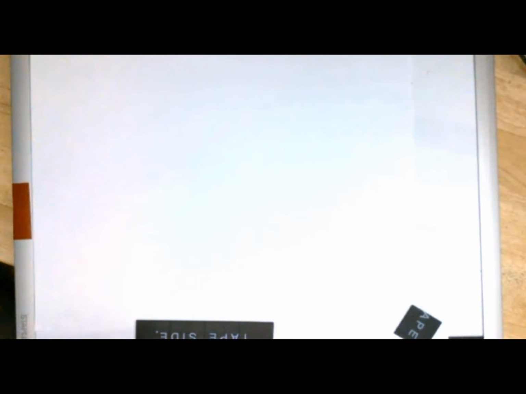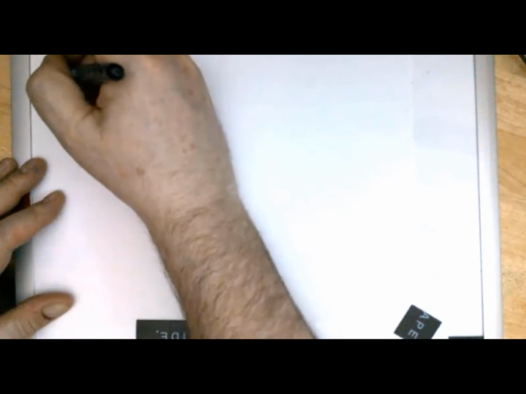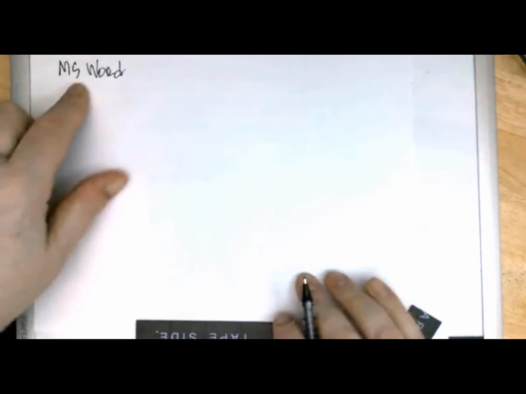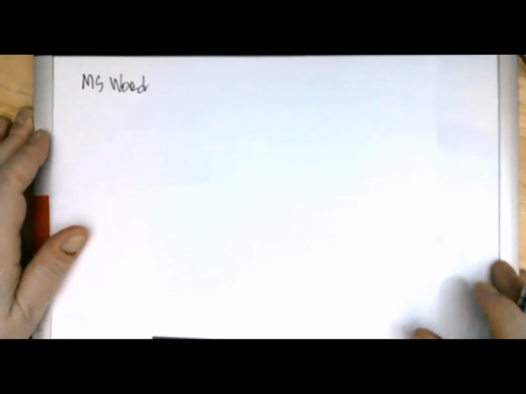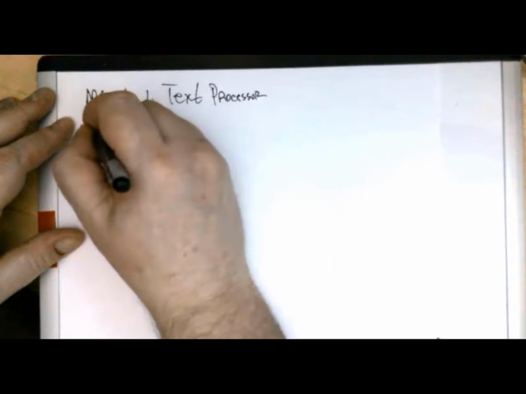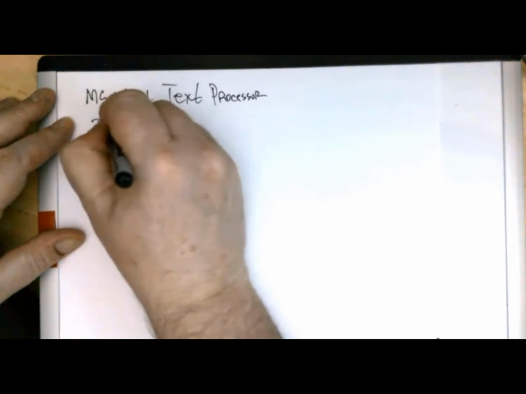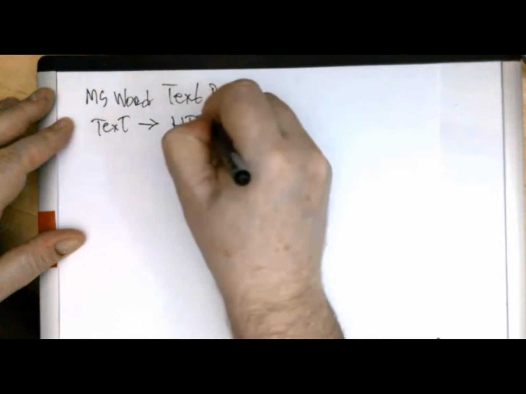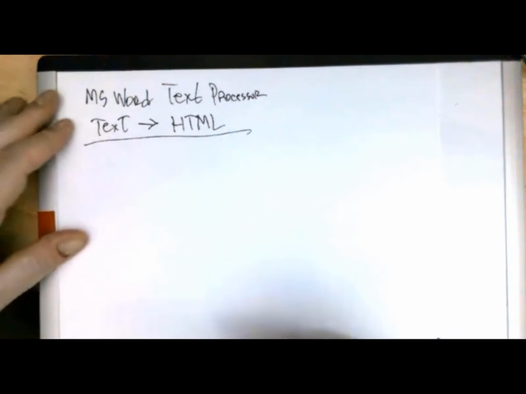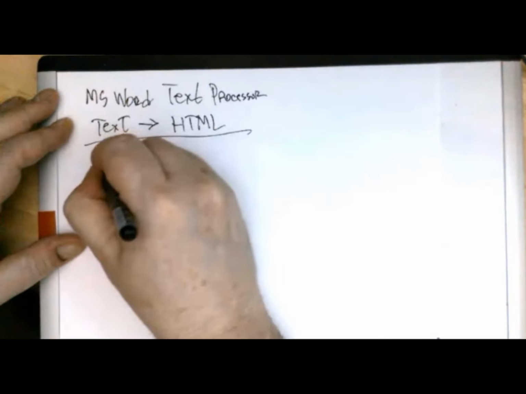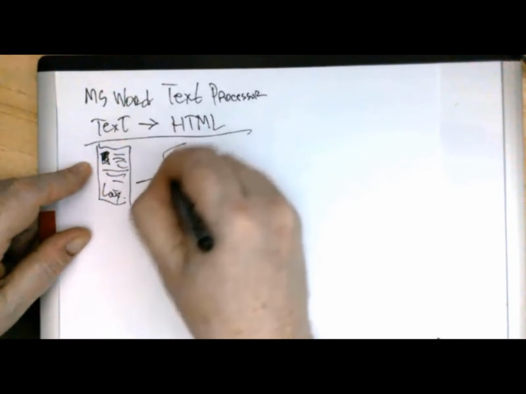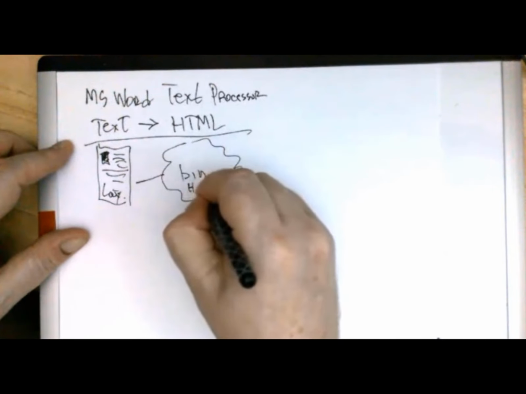But how to build the website? Folks, I will tell you the secret. Nobody in the college will tell you that. Microsoft Word, you know Microsoft Word, is just a text processor. But it has a very interesting piece. It can translate text to HTML. Incredible feature. What does that mean? When you create your layout with your photograph, with a textual piece, and put it into the word processor, you will create it in a binary form in HTML.